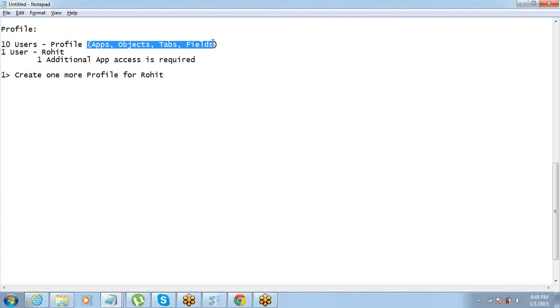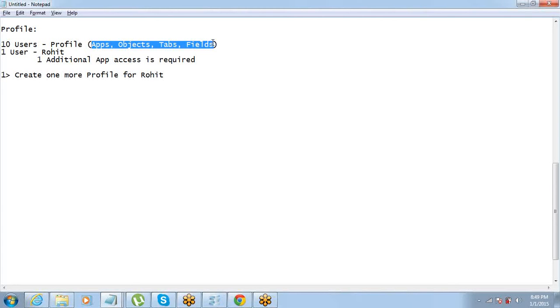But when there is something which is owned by neither you nor me, then it's not about sharing, it's all about access. Apps, objects, tabs are things not owned by any user in the company. These are common things, so for common things we need access. When you go to a public park, you don't say I'm sharing the public park with you. You don't own it, so you cannot share it with me. It's just that if you have access to that common area, and I have access there. Got it?